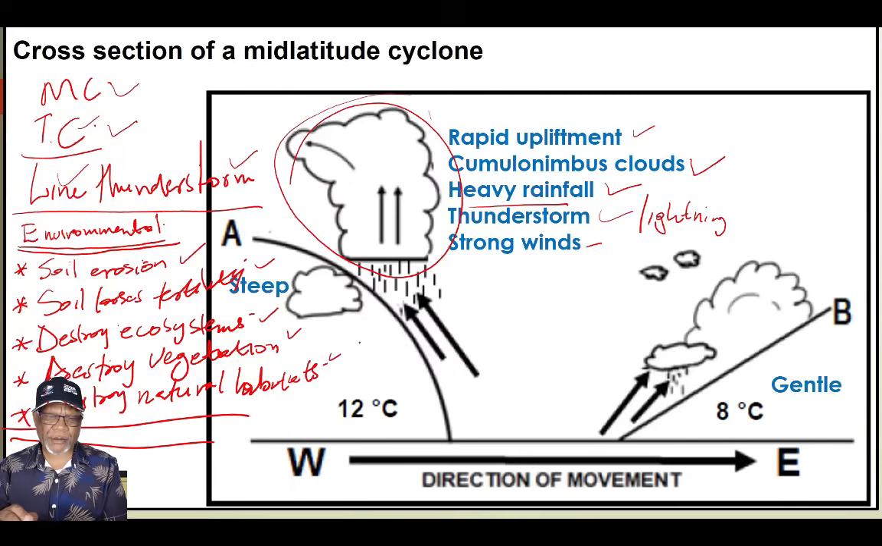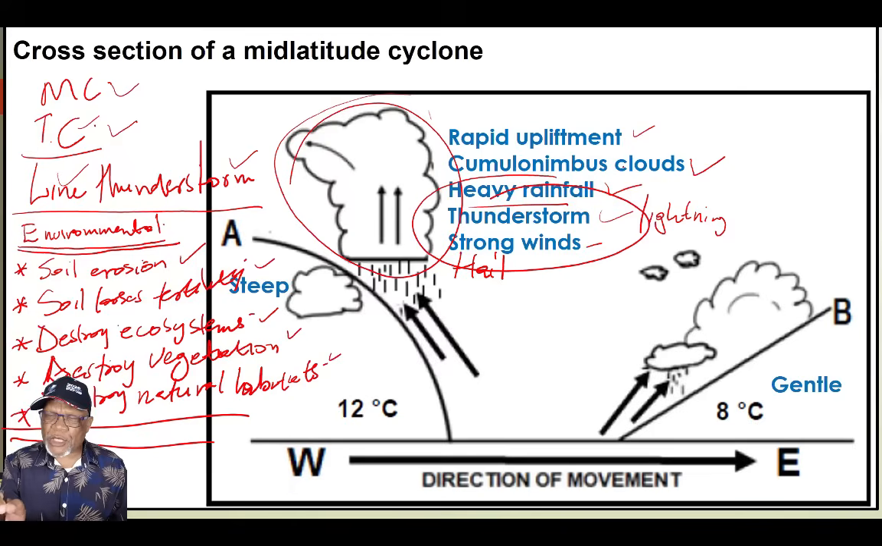are cumulonimbus clouds. And what you must know about cumulonimbus clouds is that they are associated with rapid upliftment. They develop because of rapid upliftment. They are associated with heavy rainfall, and you can also add hail there. You can also add hail and thunderstorms and lightning, and strong winds. So all these weather conditions that we are looking at here are the conditions that can be associated with